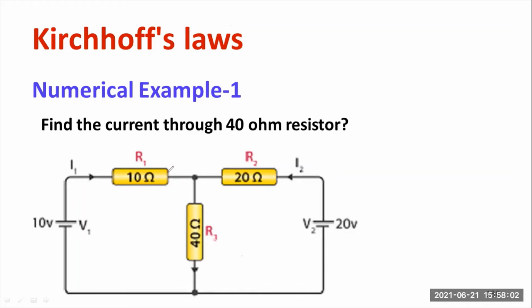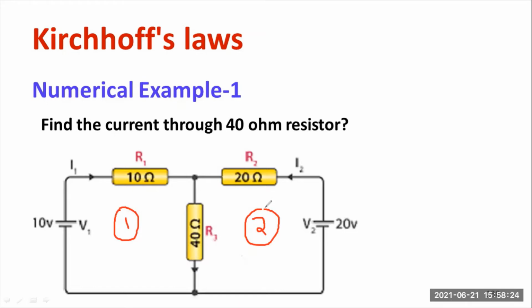Here we can say that there are two loops. This is loop number 1 and this will be loop number 2. So you have to create two linear equations and solve them with the help of Cramer's rule, which I already explained. To get information about Cramer's rule, please click on the I button of the video. I have already made a video on Cramer's rule, so that will really help you solve this problem.